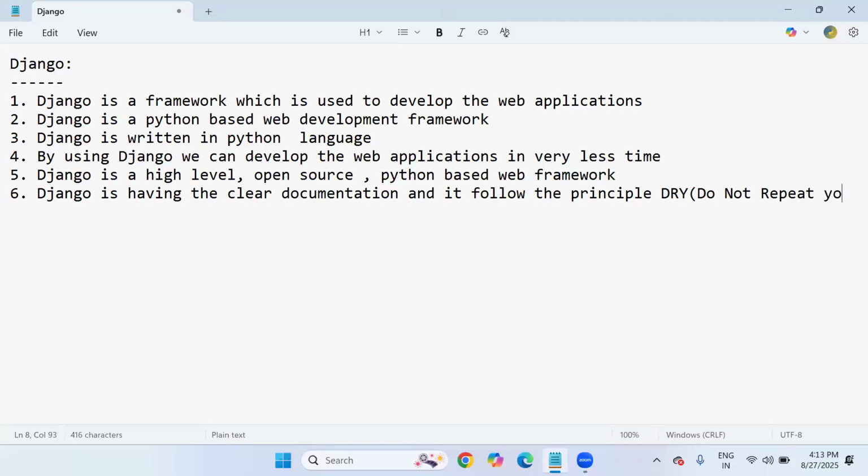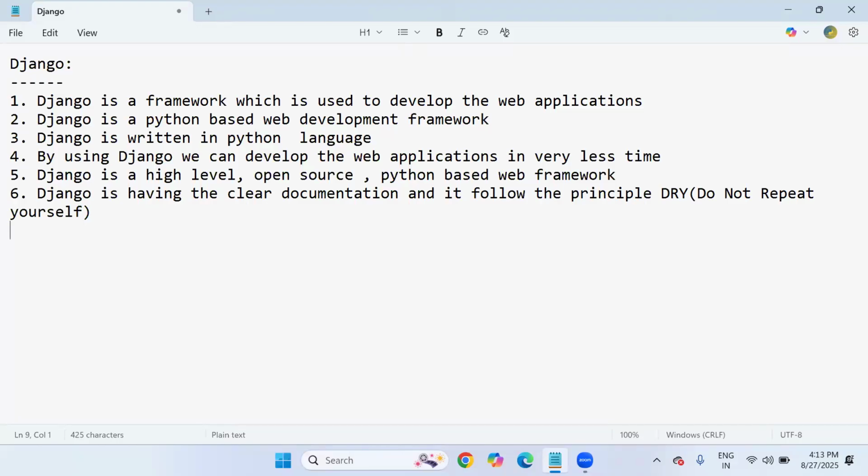In most cases in Django web development, we follow the reusability technique. Instead of repeating the code, we don't repeat the logic again and again. One time you develop the logic, multiple times you can use it.